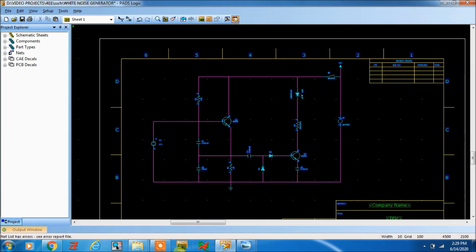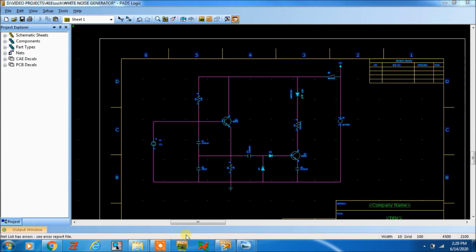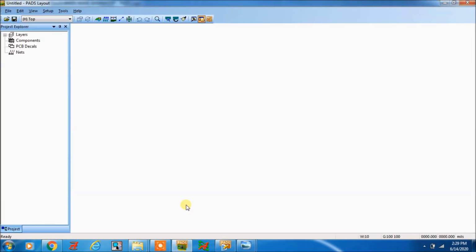Close it, go to PADS Layout, open the PADS Layout. If any question is there, suppose you are not able to import, some error is coming, please let me know. I will explain and try to clear the error.